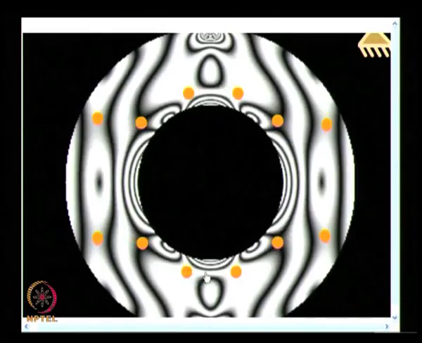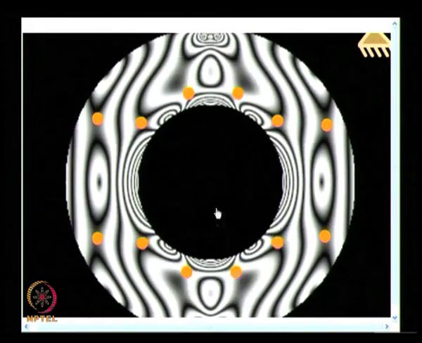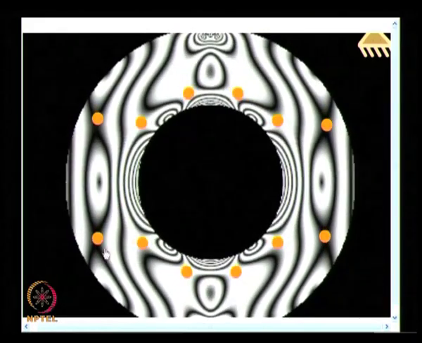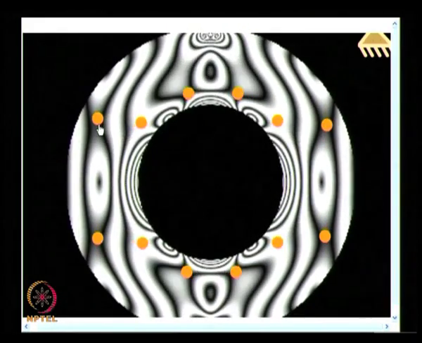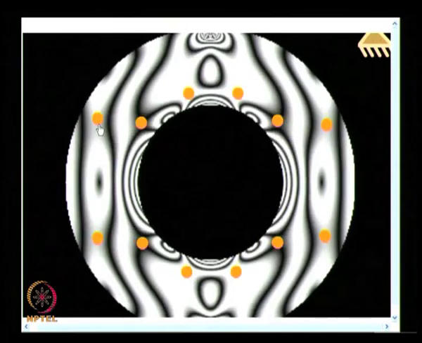So, how many saddle points I have now? I have 2, 4, 6, 8, 10 and 12 saddle points we have identified in a ring under diametral compression. And this is more like verifying how to check the ordering of fringes, because saddle point we know in one direction the fringe should increase, in another direction fringe should decrease. So, whether this feature is captured is what you will have to look at.